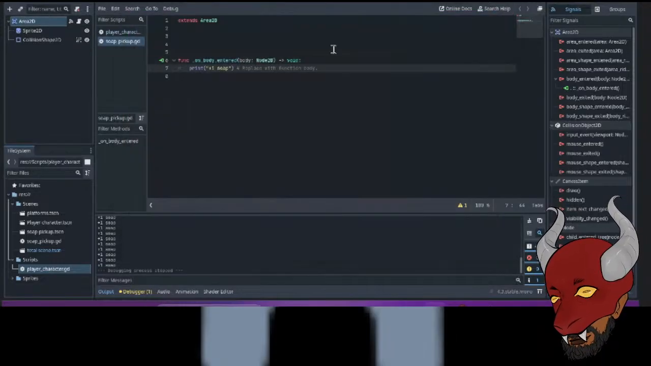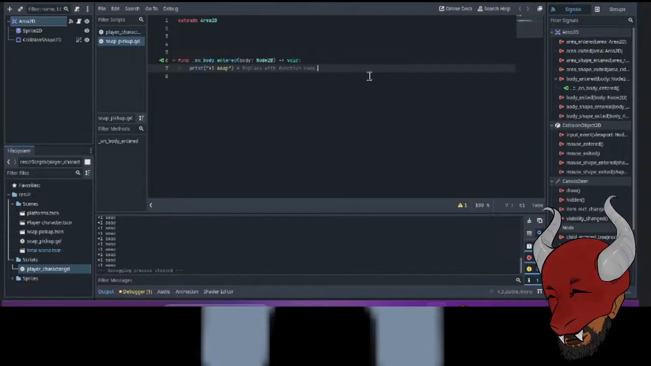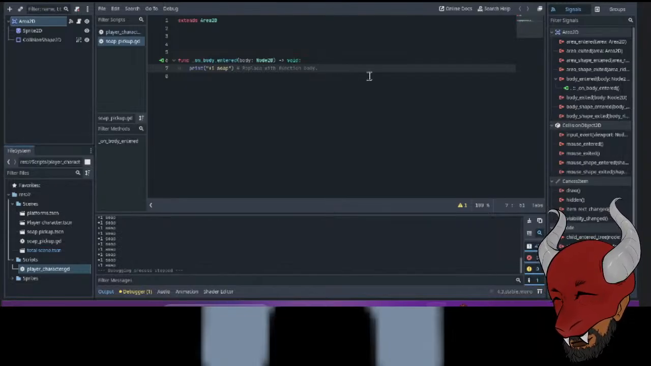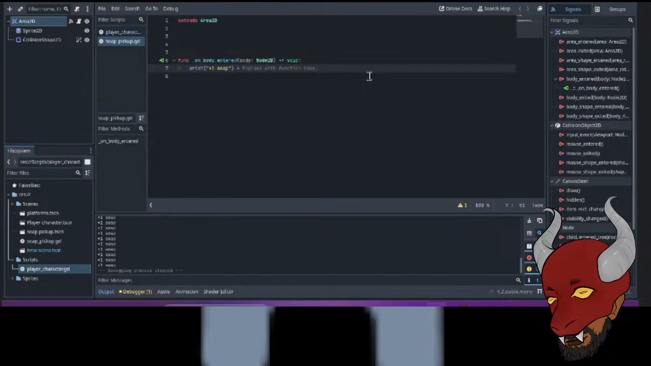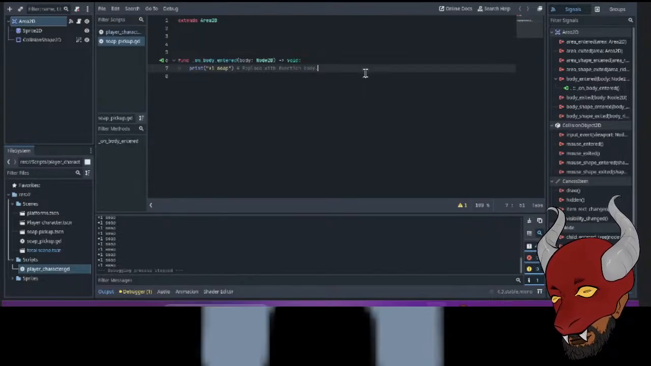So now, right when we play, we can see that it starts displaying the message, and will do so every time the platform passes through the area. To change this, we can either use code to check what body enters the area, or we can simply put our player on a separate physics layer. Let's try that out. So under our player,